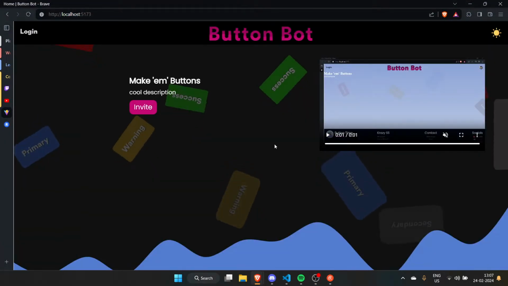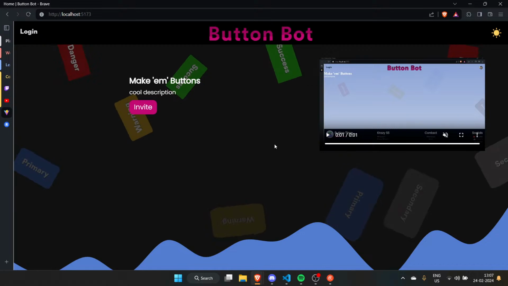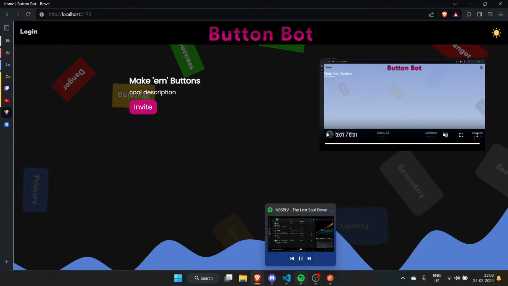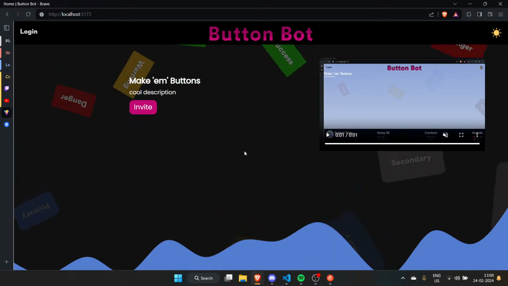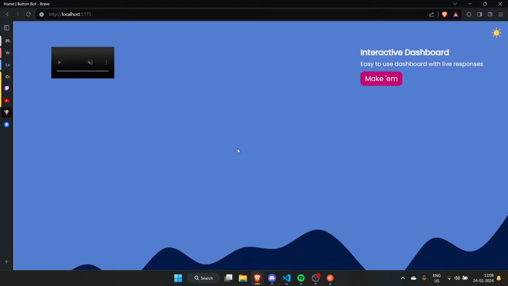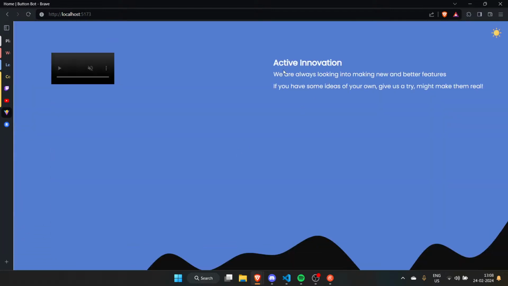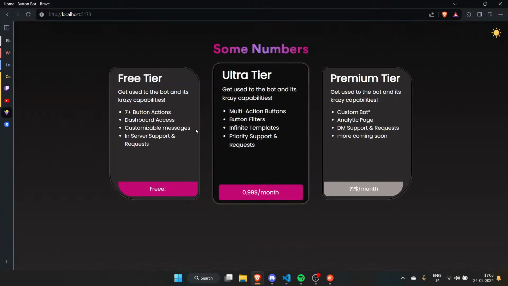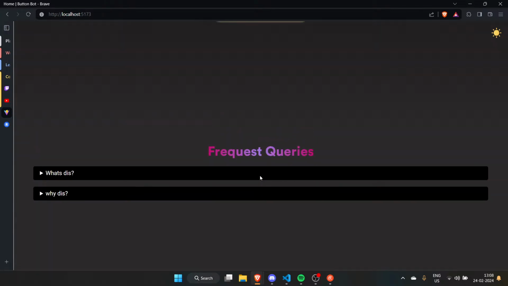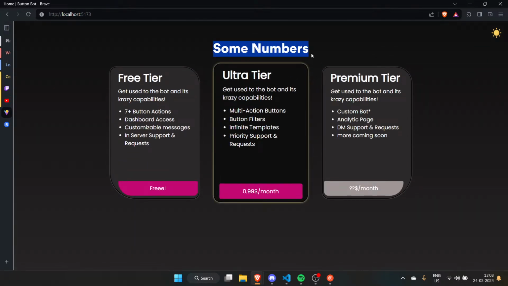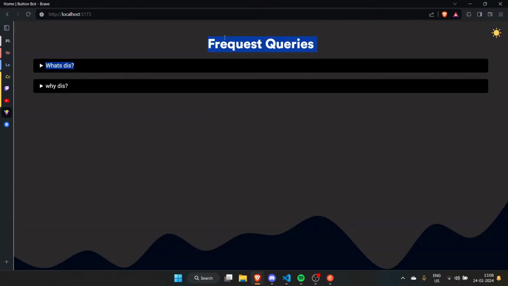Now, here we are. If you guys don't remember, I was working on this website a few days ago. And what is happening here? So we have our stuff here. As you can see, a lot of placeholders. Then we have this, which looks a bit nice, to me at least. And dude, the gradient. I have no idea how to make a good gradient. So if you guys have any suggestions, let me know. Then we have this crap,